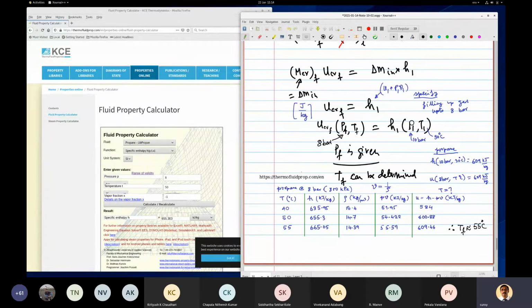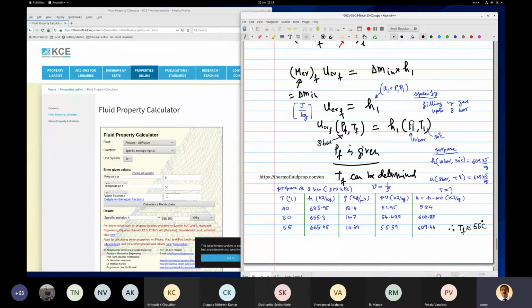So if you insulate your cylinder and keep on pushing gas into it, then the work that you are going to do, because you are insulating it, will get converted to temperature rise. So the inlet temperature is 30 degrees centigrade of the header, but when it goes inside, because you are pushing the fluid inside, the temperature will become higher. It will become 55 degrees centigrade.